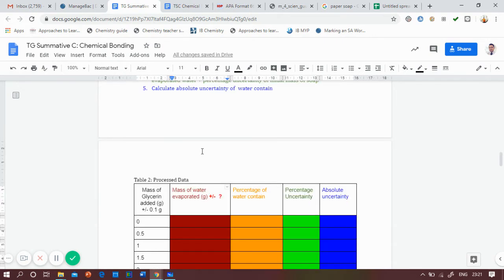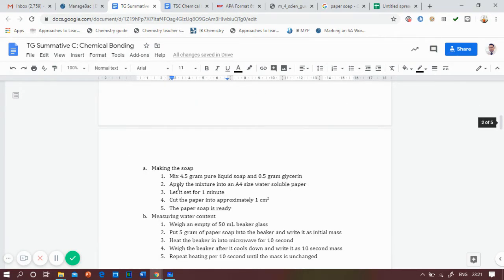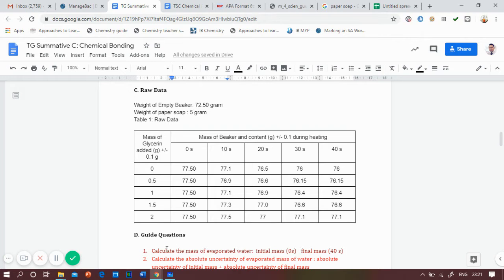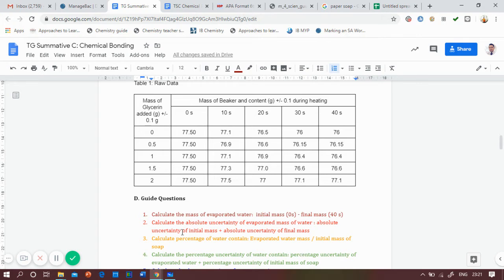Calculate the mass of water evaporated. I even give you the formula: initial mass at 0 seconds minus final mass at 40 seconds. All of these already have the formula.